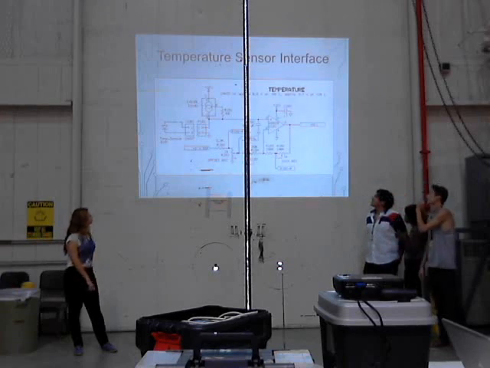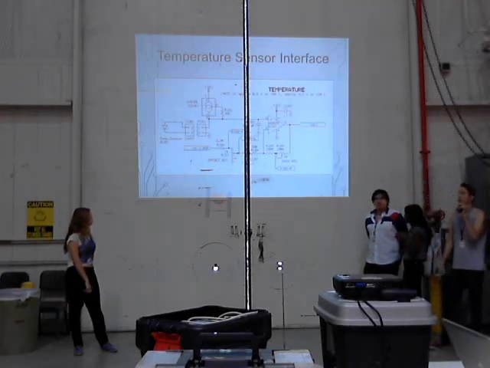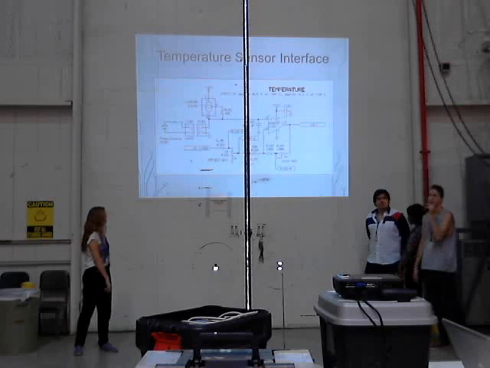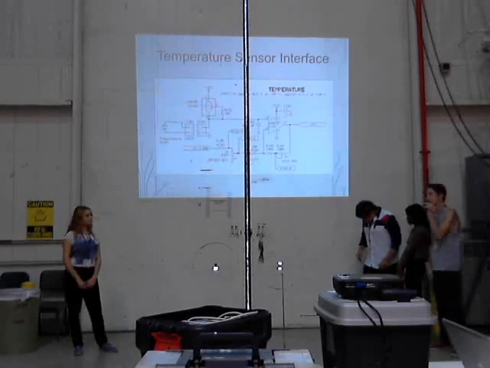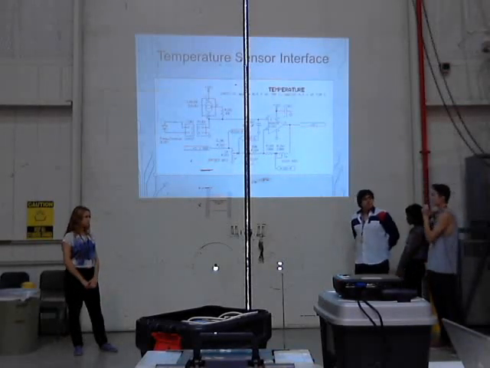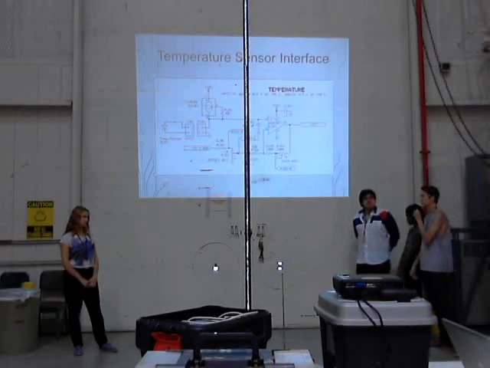The 1N457 transistor is going to give approximately 0.8 volts at our lowest temperature, which is going to be negative 80 degrees Celsius, and approximately 0.5 volts at a maximum of 30 degrees Celsius.